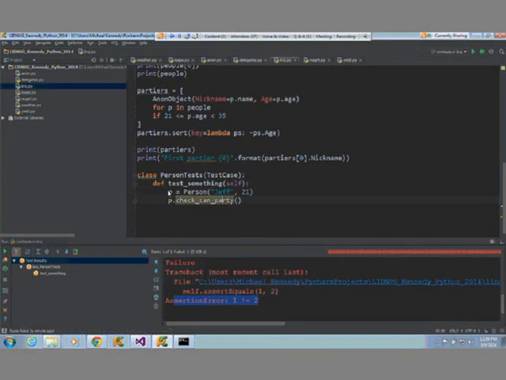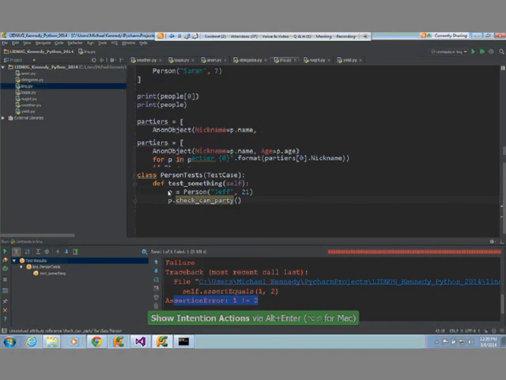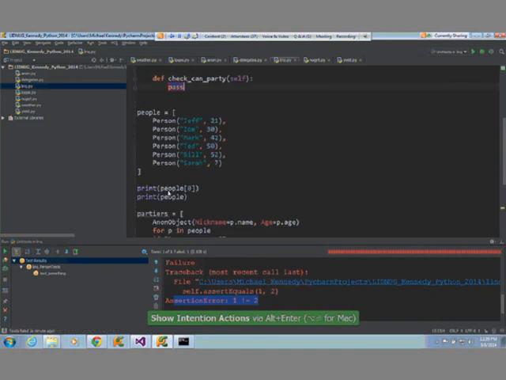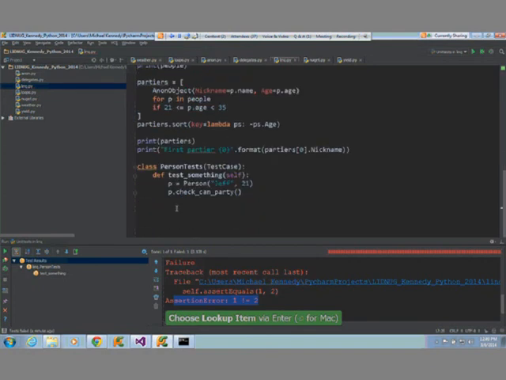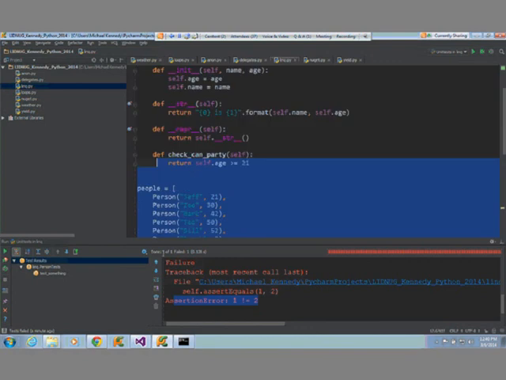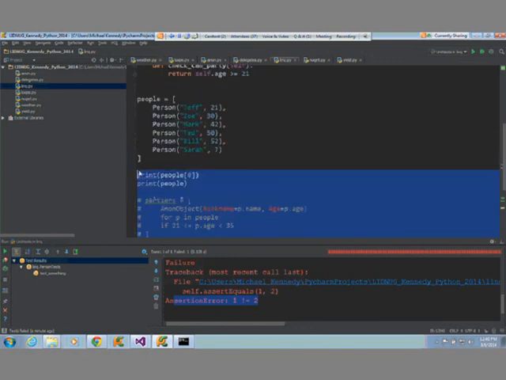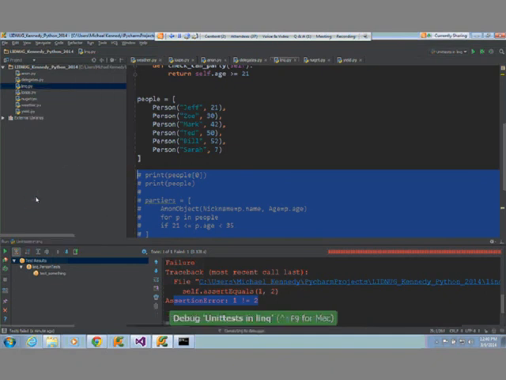So we can add that method over here, and we'll just say return self.age is greater than or equal to 21, okay? So now down here, let me comment this out for a minute. Let's go run my unit tests again.